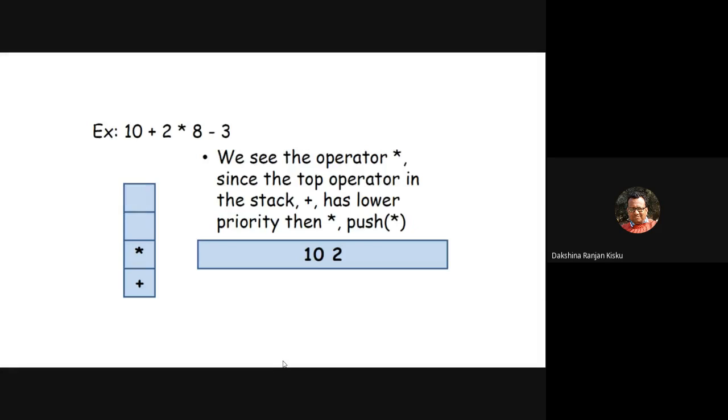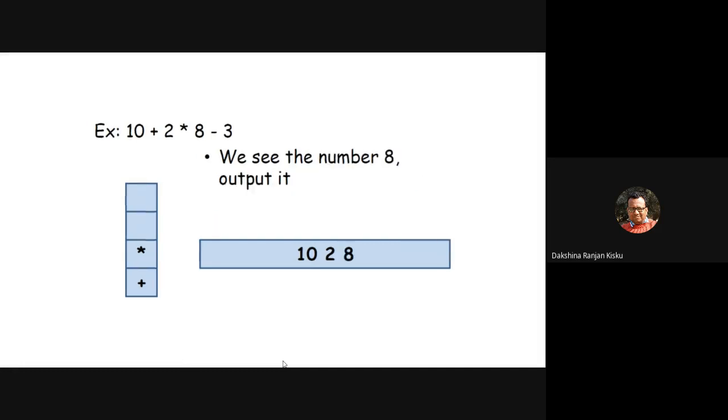But here the operator is the multiplication operator, and it has higher priority than the addition operator. So we push the multiplication operator without popping the operator from the stack.